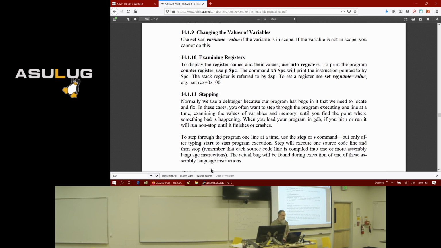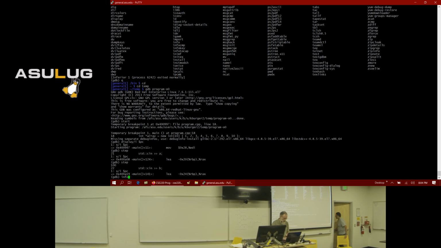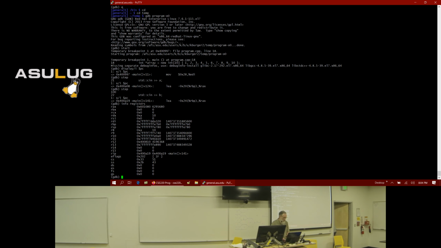You can examine the processor registers. A processor has registers, which are memory locations within the processor. So if you do info registers, this is an Intel Core Lite chip. In Intel, you have the register AX, and registers called BX, CX, DX, SI, DI.